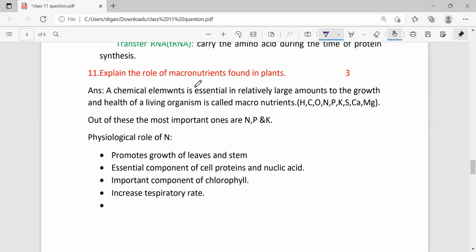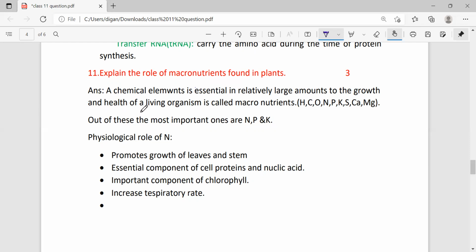This chapter is from mineral nutrition, chapter number 12. In plants, you know that 2 types of nutrients are present. Some are called micronutrients, some are called macronutrients. Macro means the nutrients required in large amounts, micro means in smaller amounts. A chemical element, this spelling is wrong, it should be elements, that is essential in a relatively large amount